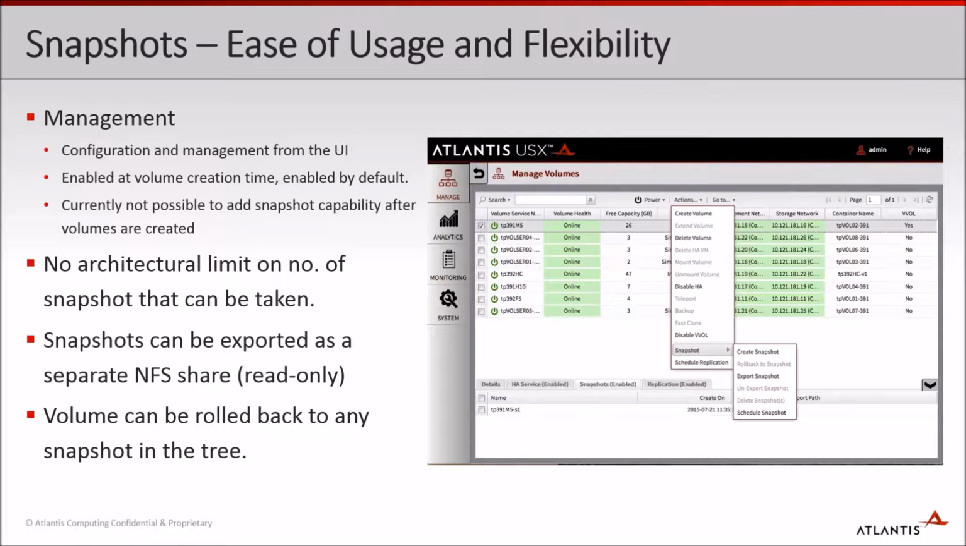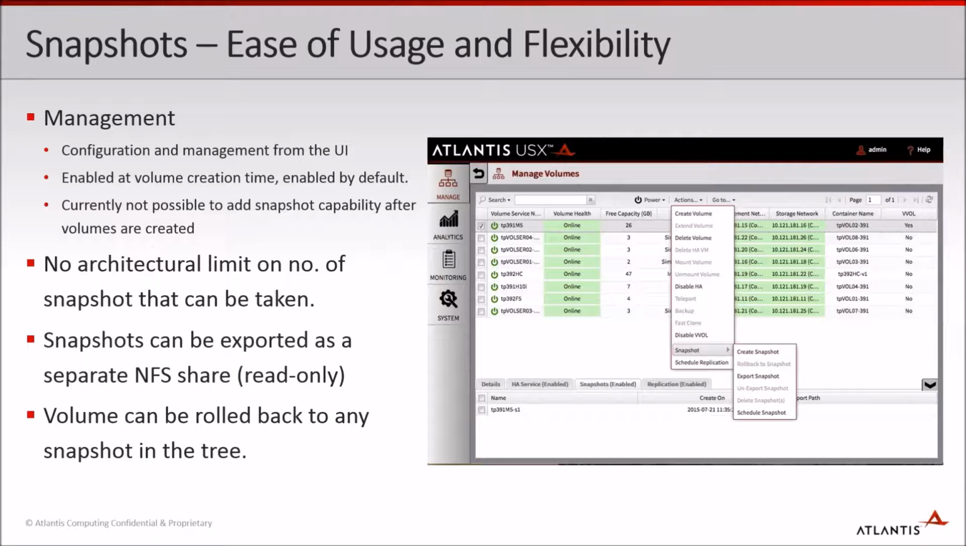A couple of things on ease of use and flexibility. You can take a snapshot at any point in time. You can obviously also schedule a snapshot. You can say for a particular volume, take a snapshot every 4 hours or every day, and you can specify all of that. And then once you've taken snapshots, you have the ability to export any of the snapshots that you'd like to export or mount, basically. All our snapshots can be exported as read-only,